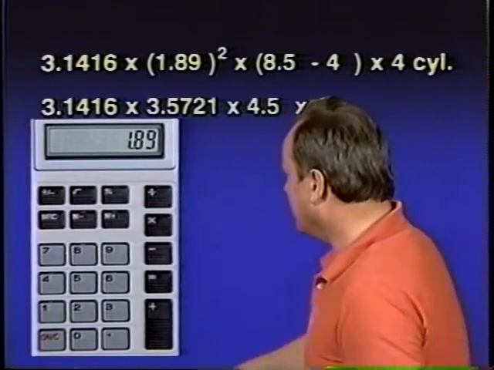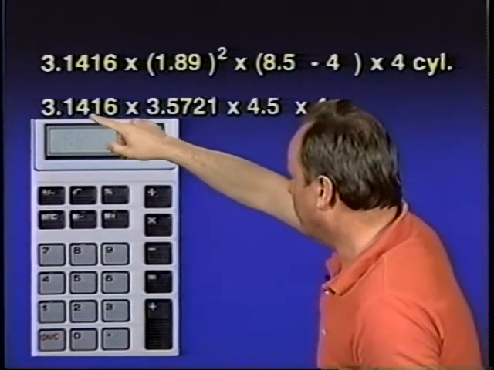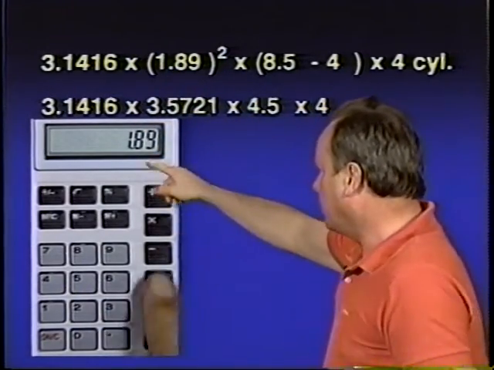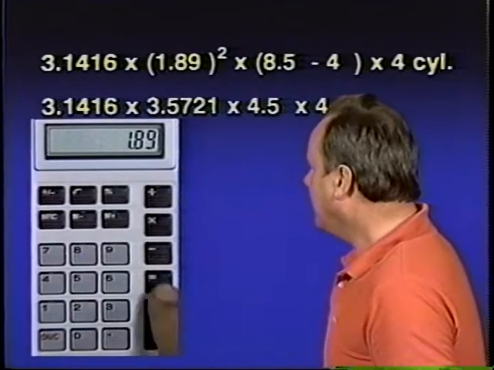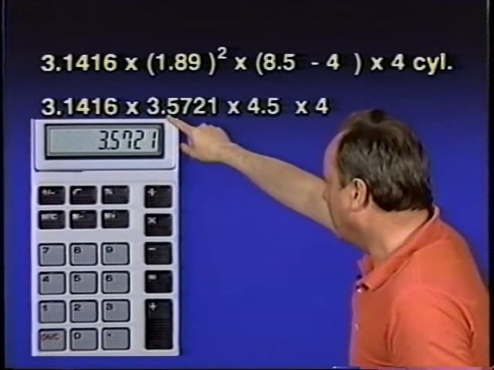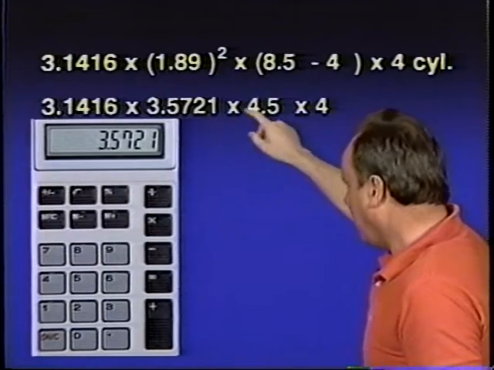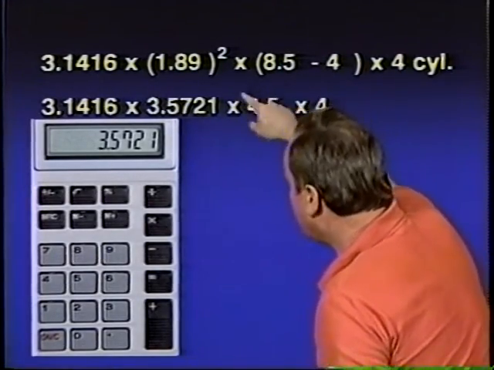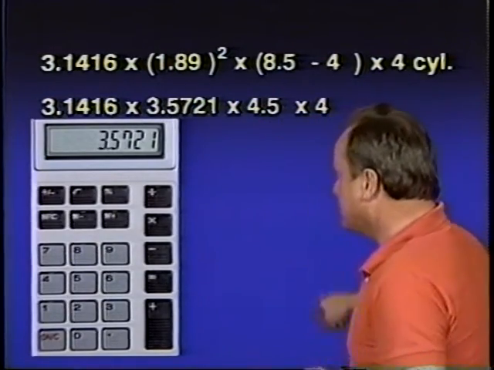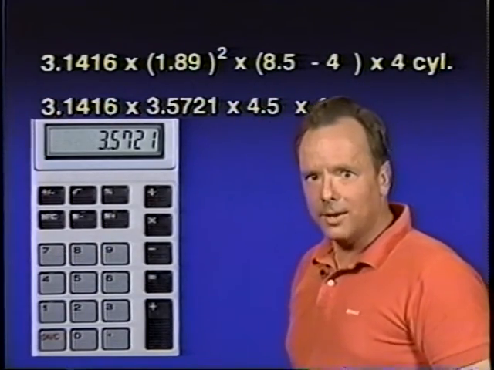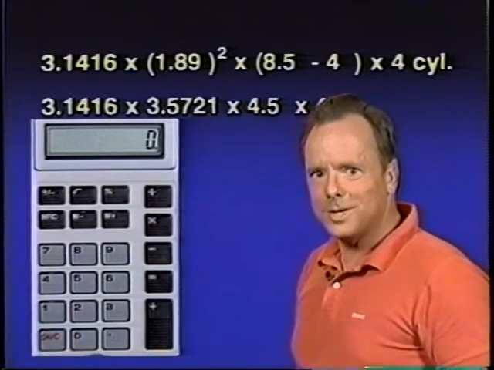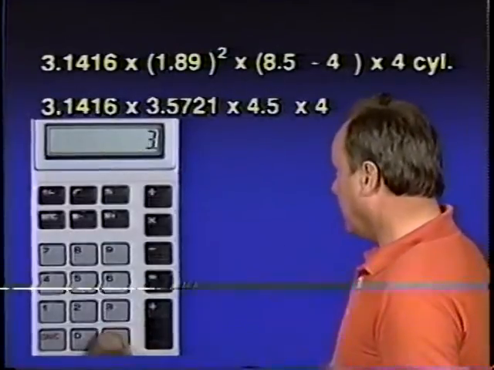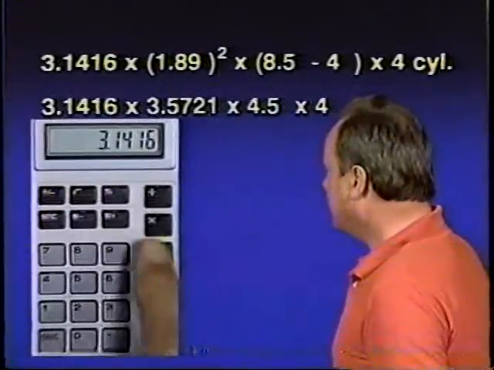So now let's continue with this. You have pi, which is 3.1416, times 1.89 squared. So let's multiply 1.89 times 1.89, and you're going to find out it comes out to 3.5721. And now you take the 8.5 minus 4, and you find out the stroke is 4.5 inches. And there are 4 cylinders. So we have to multiply all those things together. Let you and I go ahead and multiply all those things together, and we'll figure out the displacement for this entire engine. Okay, let's use the electronic calculator. 3.14 times